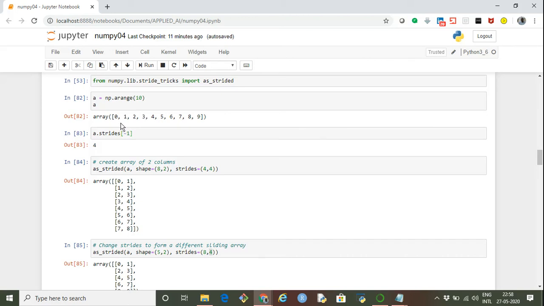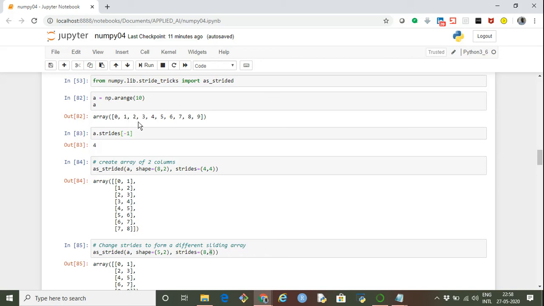Let's say we want the first row to have elements 0, 1, the next row should have 1, 2, and the next row should have 2, 3, and so on. So it's like a sliding window moving from left to right, and the window size is 2. We take two elements in each window, and then we slide one position towards the right.